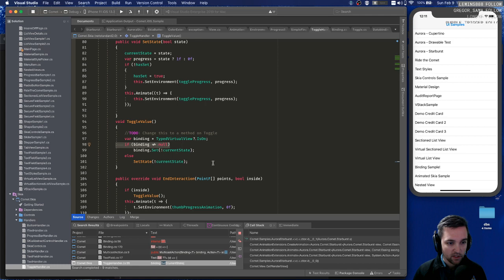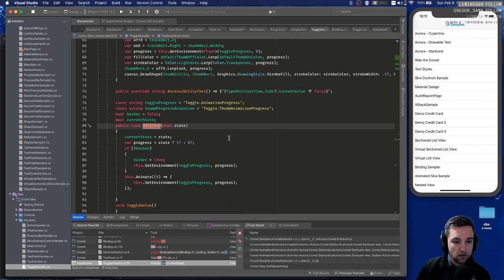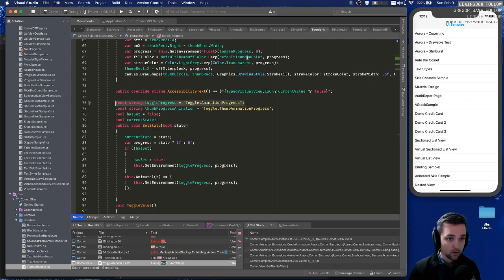Oh, so if the binding's not null, otherwise they set the state this way, which is the current state, and so they're using that environment variable otherwise. Okay, well, that's fine. Although I feel like I don't want that to be exposed. So I guess I would probably do something like